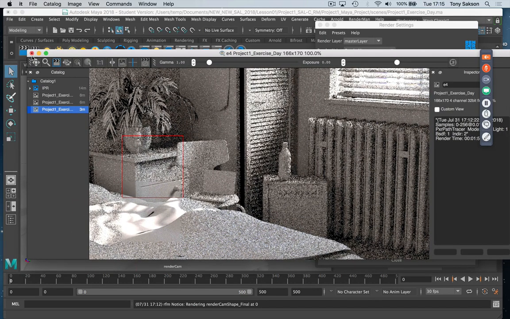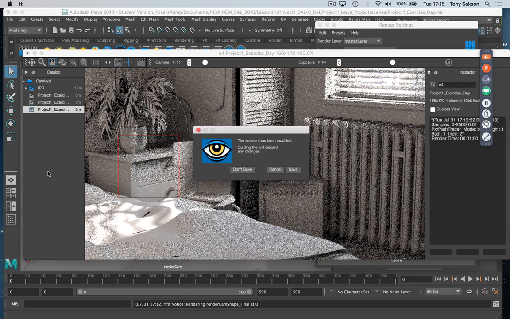Now, when you go to close the image tool, it's going to say to you, hey, do you want to save anything? If you don't save anything, it's going to throw everything away. Now, in the image tool, you can save your session if you want to. It'll basically save the image tool with all the little renders you did on the side, with all your information, if you need it for whatever reason. If you hit don't save, then